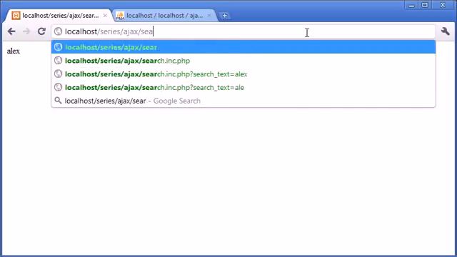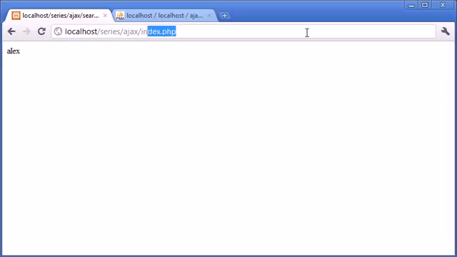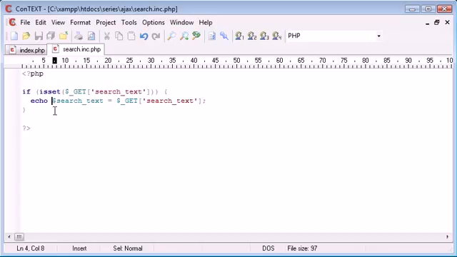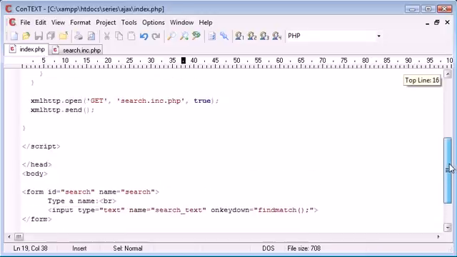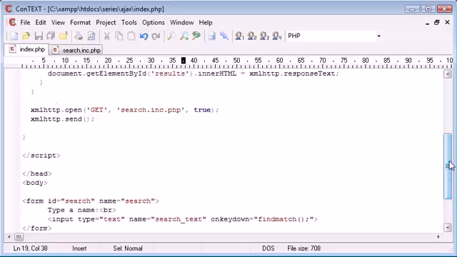So let's go back to index.php. Okay, so now what we want to do in here, oh no, we've done this now, so we're echoing each value that we're grabbing from this search text. Now what we need to do in here is dynamically update this to be sent through to our PHP file, search.inc.php. So what we need to do is specify on here